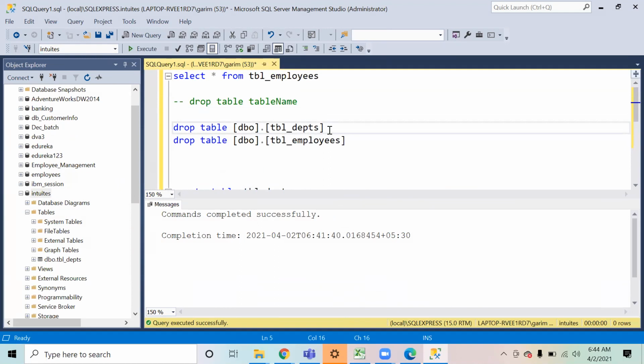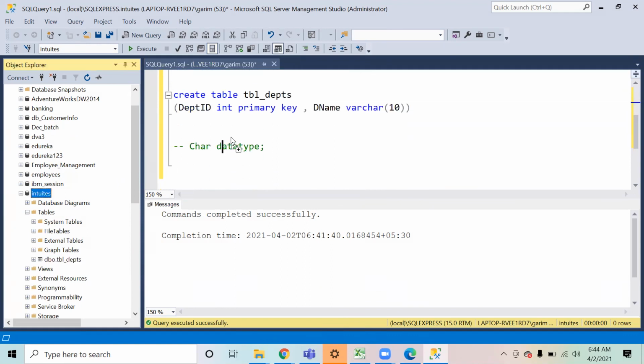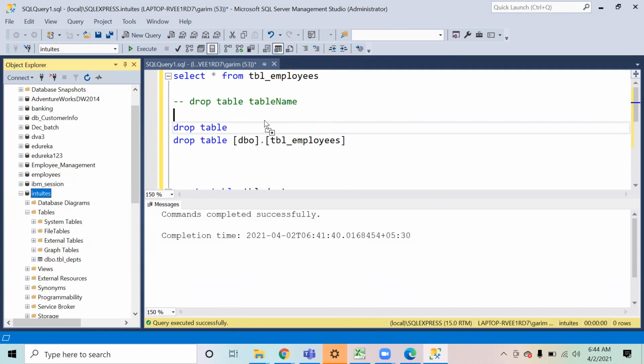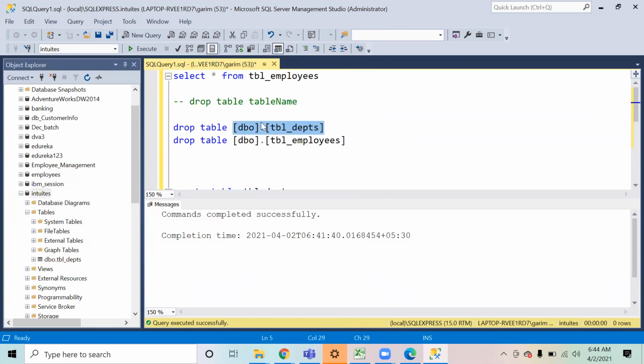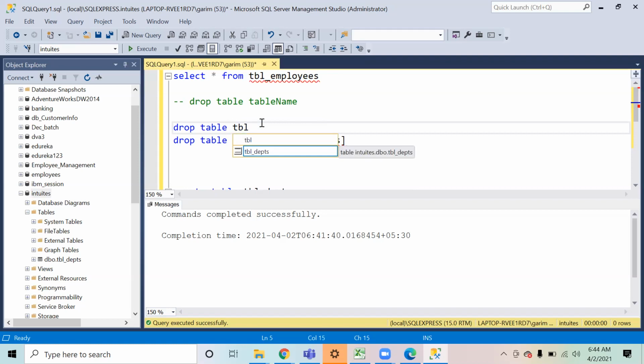This table name is coming in this way because you can drag and drop, so when you drag something like this, it automatically brings those square brackets. You can simply write TVL underscore departments also. That is also the same thing. You can write it like this also.